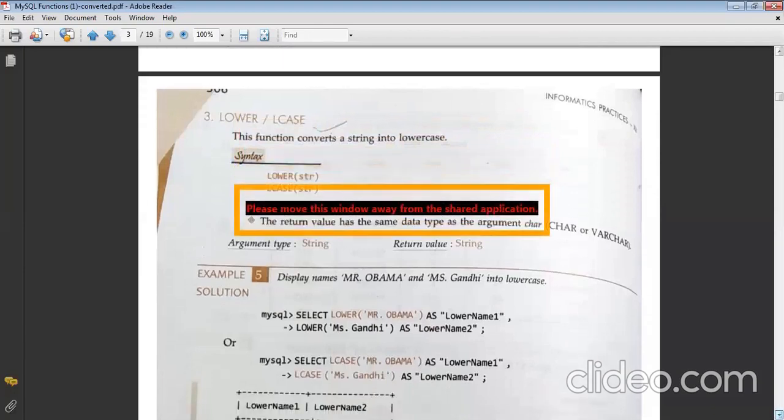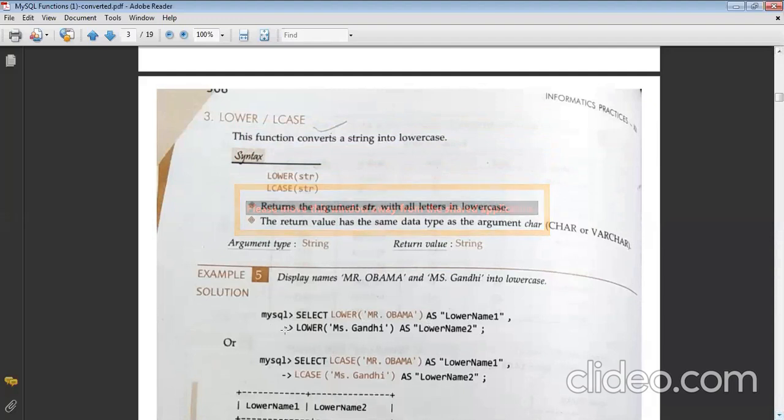So consider this question which says: display names Mr. Obama and Ms. Gandhi in lowercase. First of all, we know these functions will be used with the select statement. Select, and then we can use lower. Along with lower, you just input the string.